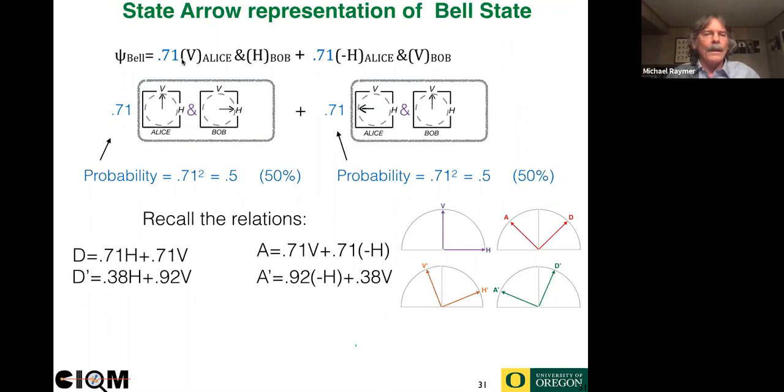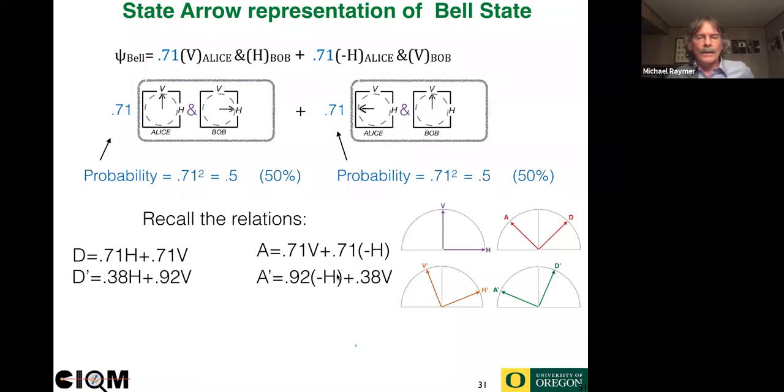Let's show it again. So here's a state which is not the, no, this is the Bell state because there's a minus H right here. So we have VH plus minus HV, and they occur with equal probabilities, namely 0.71 squared, 0.71 squared. That's the state that Henning made in the laboratory last session. So again, probability is 0.5 because that's 0.71 squared. And notice this arrow points to the left, that's the minus H.